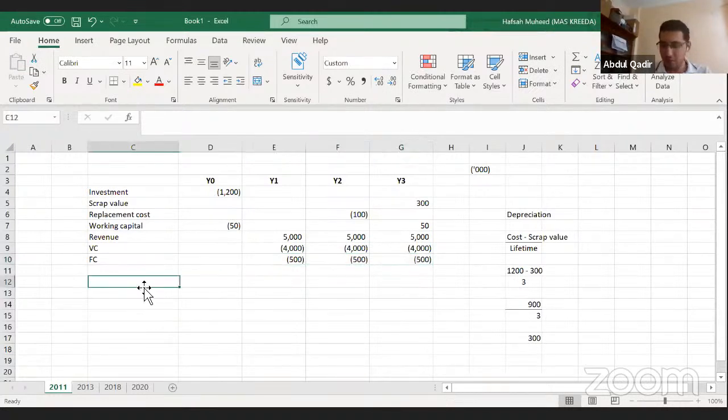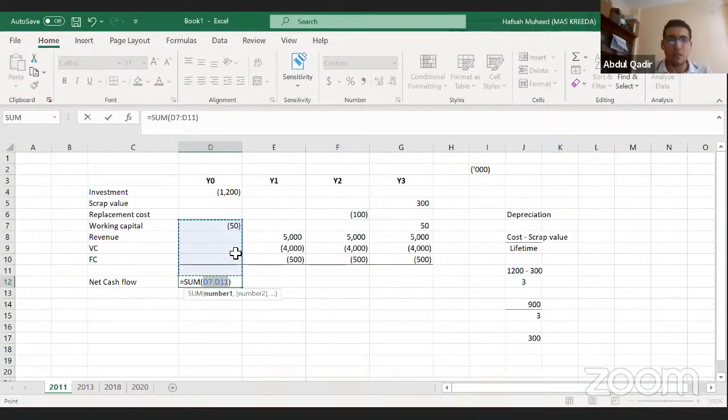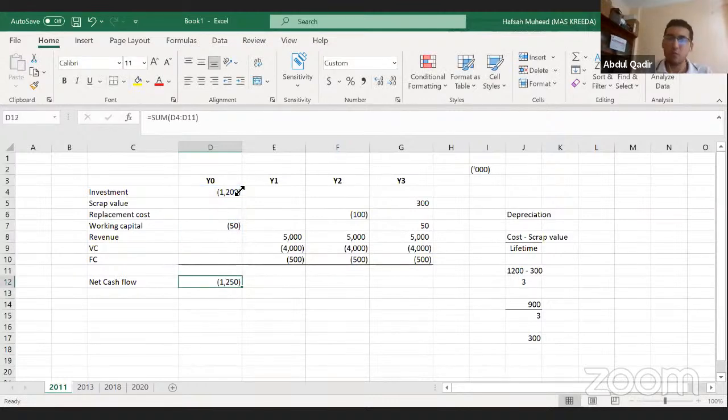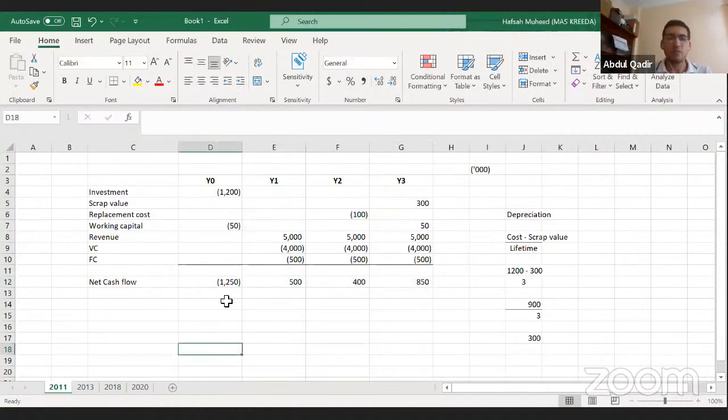So what you need to do is you can finally calculate your net cash flow, right? So basically that's like the total for each year, right? Of course I'm using some formulas because it's on Excel, but be careful in the exam when you calculate this, right? So your first year there's a cash outflow of 1,250, then you're earning 500, 400, and 850, right? That's how it is. I hope the previous question I answered is clear, why we don't include depreciation. If you're still not clear, please let me know, right? So these are your net cash flows, and that is what question number 1 is asking as well.